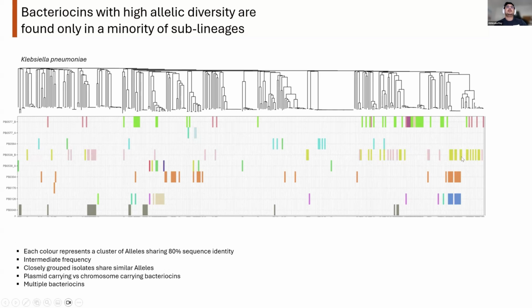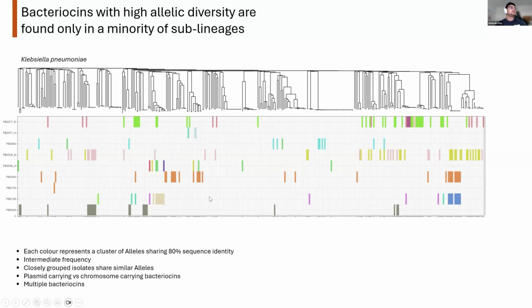All these similar looking bacteriocins are very close in one sublineage. You can also see a significantly smaller number of unique bacteriocin clusters spread across the whole population, which is a good thing because that means we have highly specific amino acid variation in our subpopulations,